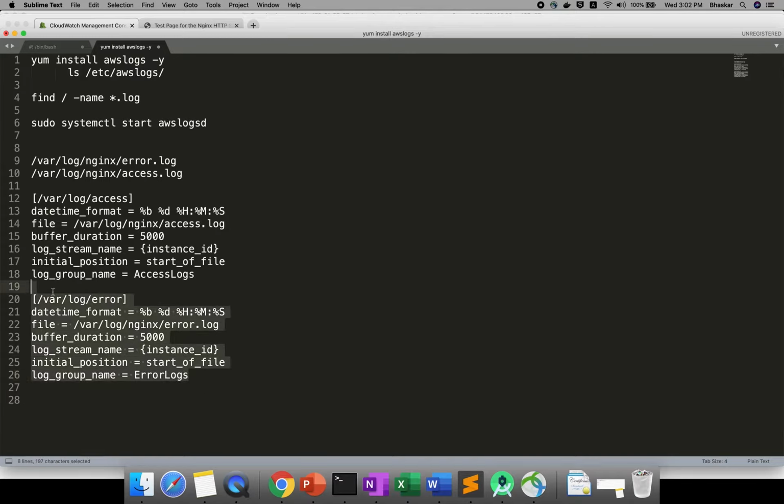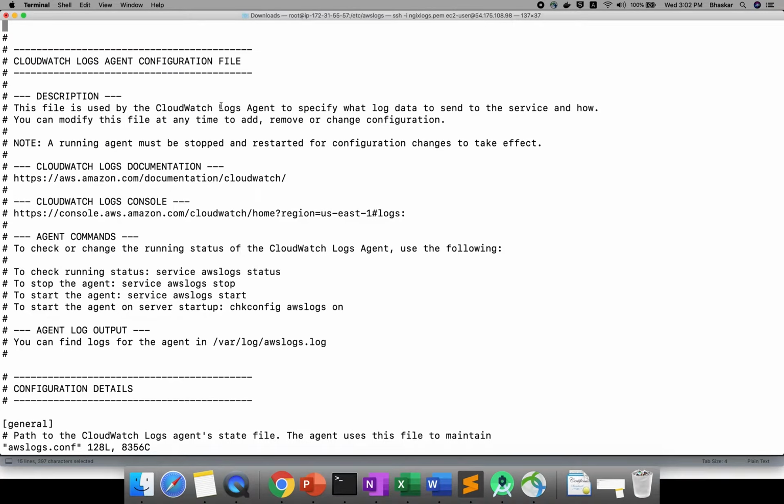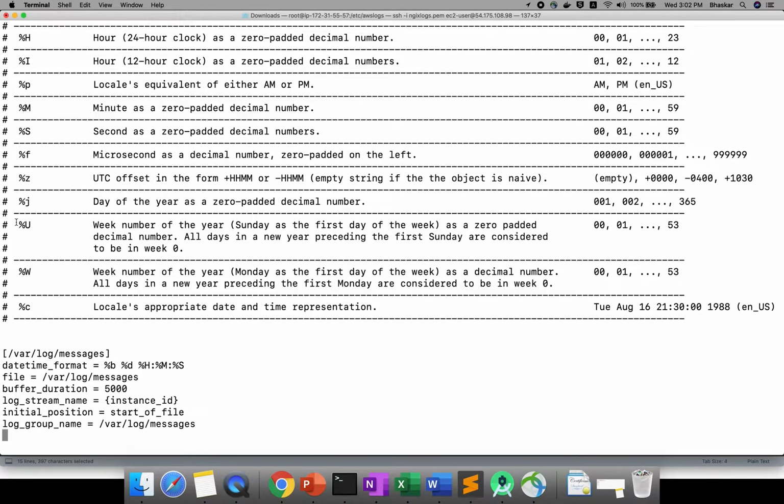Okay, now these two things we need to configure. This is the script inside your configuration, what we call, right? If you configure it in this file, automatically it will generate all the logs inside your CloudWatch. How do you need to do that? Go for vi awslogs. Okay, it will open this way. Your cursor is at the starting place. If you want to go to the end of the file, you can press Shift G, so it will go down. Now press I.